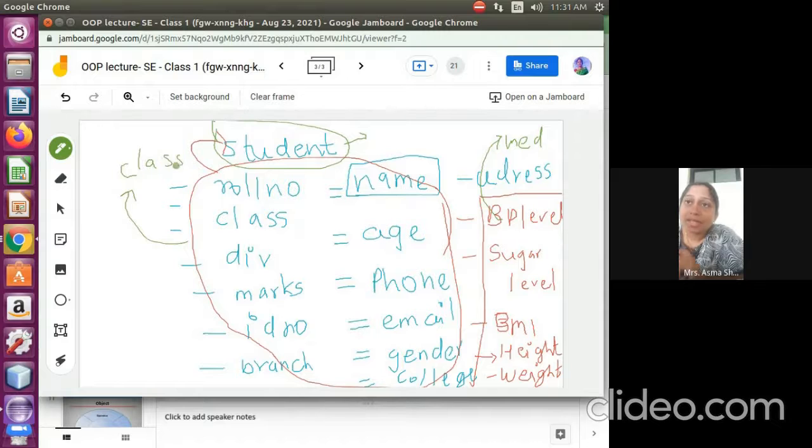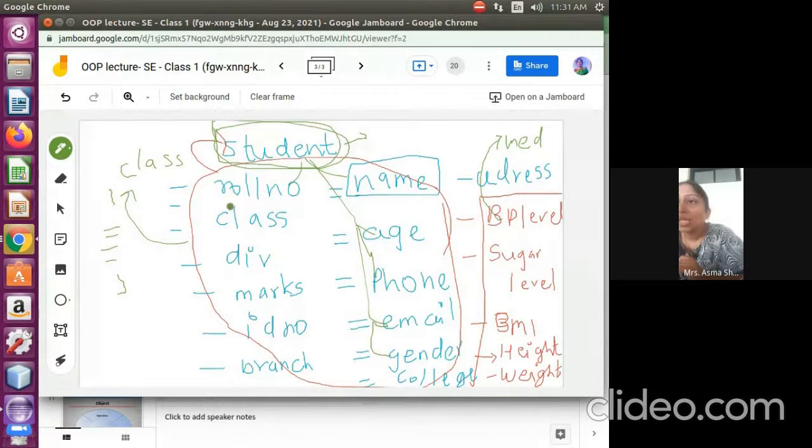Within the class we can have the attributes which are more relevant to our class. If we say student, the important features of the student are roll number, name, age, phone number, email address, and gender.